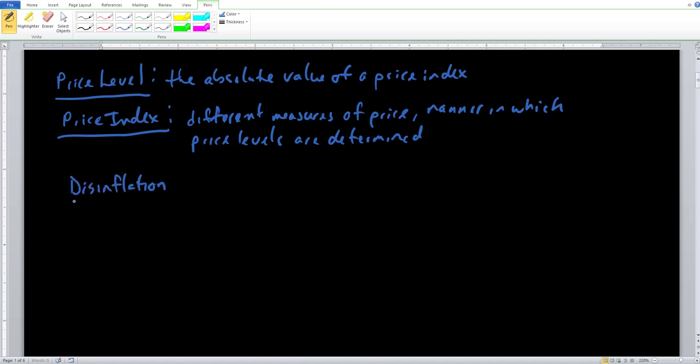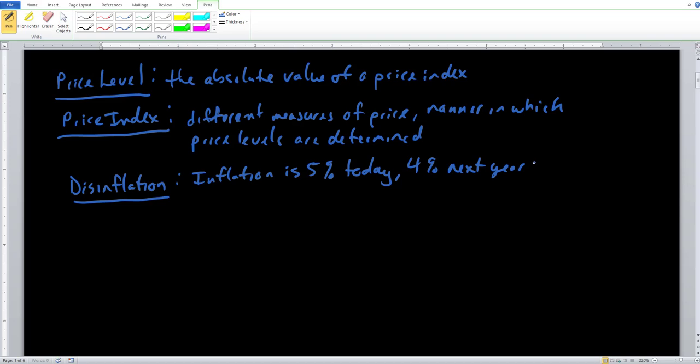Disinflation. As we've already mentioned, disinflation is over a period of time where we have positive inflation rates, but they're decreasing over this time period. Suppose that I tell you that inflation is 5% today, but 4% the next year, and then maybe 1% the following year. This would be indicative of disinflation. We have positive rates of inflation, but they're declining over a period of time,